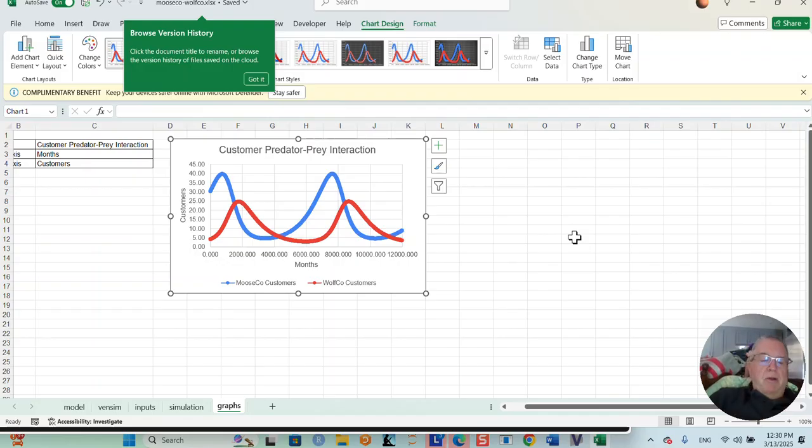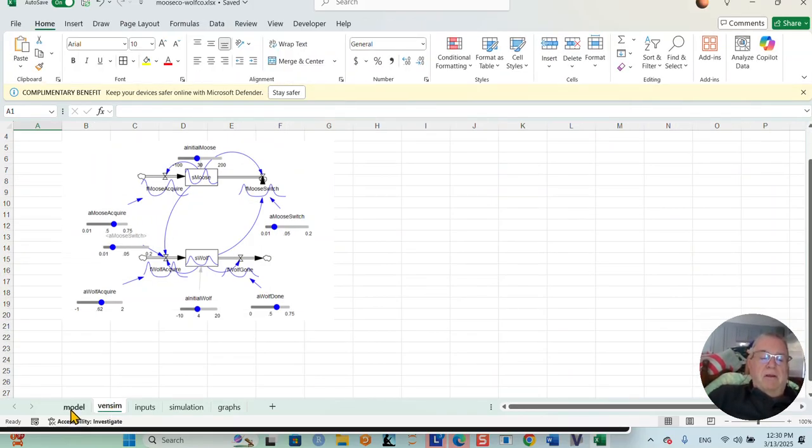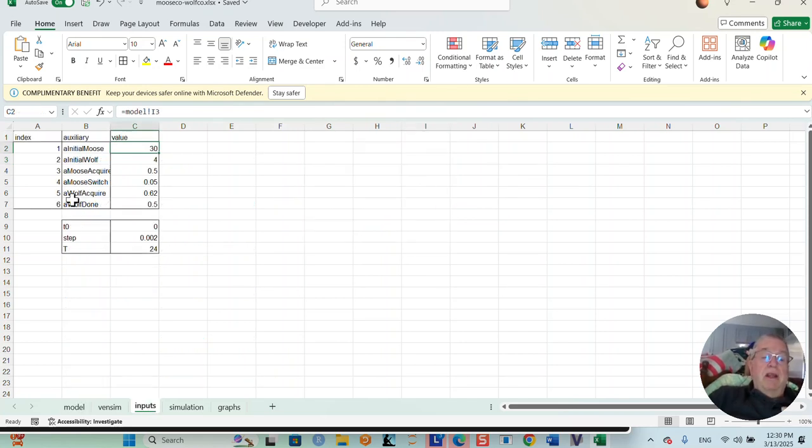But what I wanted to demonstrate was simply how we take a Vensim model into Excel using Vensim data, in this case, transforming that data into something that Excel can read, which is namely these values of strings and numbers, have an input area, specify the time, the timing of the simulation,